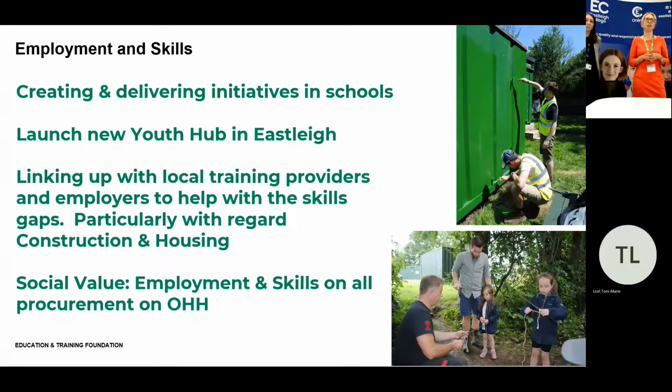Then I tend to go out and build relationships with all of the colleges so that I can go back and feed into the colleges what I'm hearing from local employers regarding skills gaps, particularly around construction and housing sectors. The biggest piece of work I've done in my first year at Eastleigh Council has been creating a